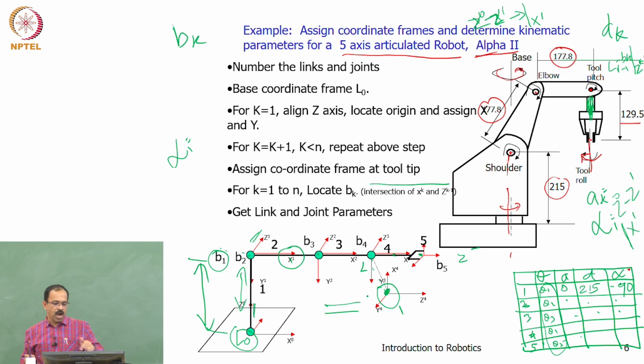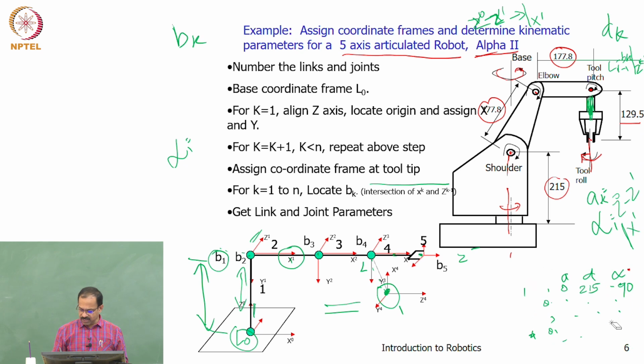So this is the way you look at the rotation with respect to the x-axis and find out what alpha is. Now we have all the parameters, we have these BKs. Using BK we can always find out DK and then find out the AK also. Alpha can be found out by rotation of the Z axis with respect to the x axis.